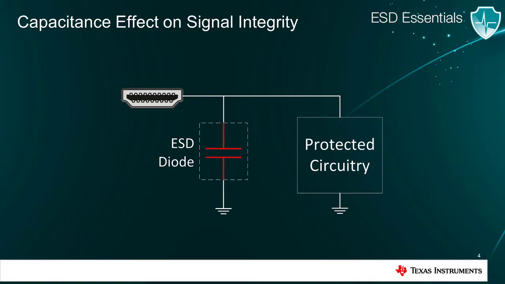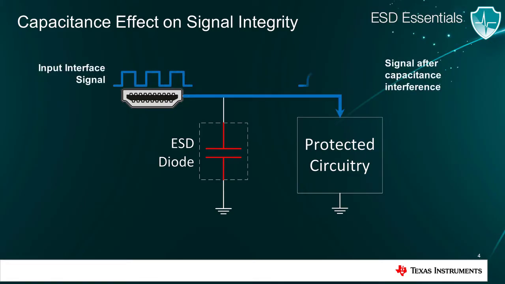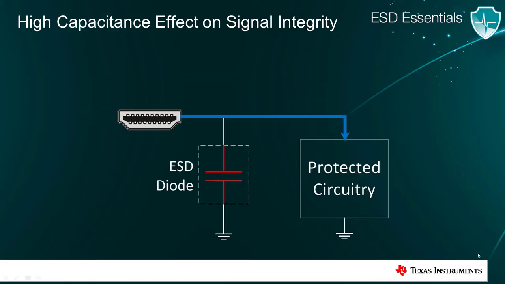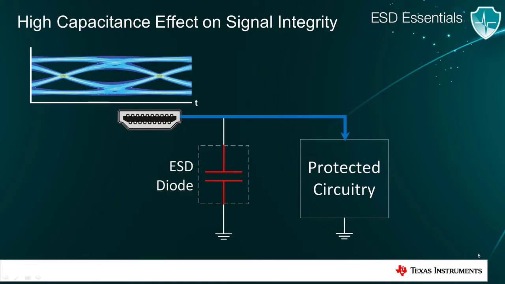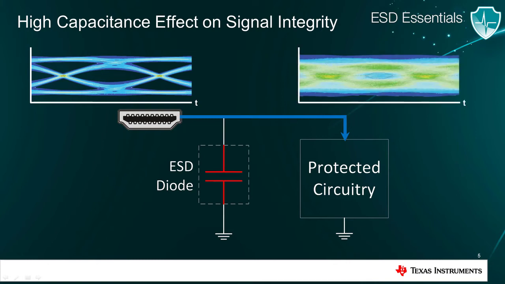If the parasitic capacitance of a diode is too high, it can increase the rise and fall times of signals passing through, which can be highly destructive to signal integrity and compliance. For example, for some high-speed interfaces such as USB 3.0 and HDMI 2.0, passing the eye diagram mask test is a requirement to achieve compliance with the interface standard. However, increased capacitance on the trace will increase the signal rise and fall times, which would effectively shut the eye and push the entire system out of compliance.